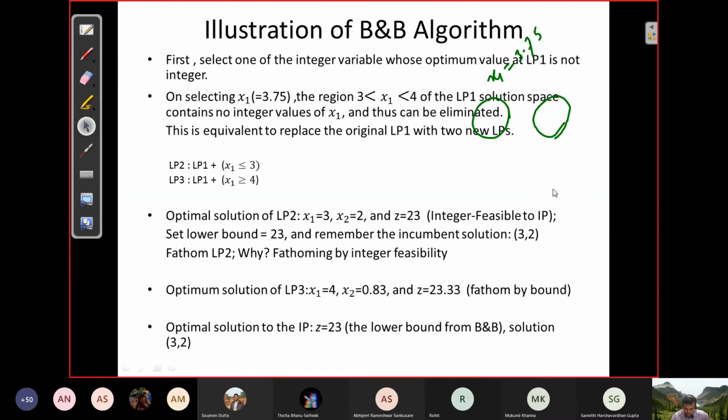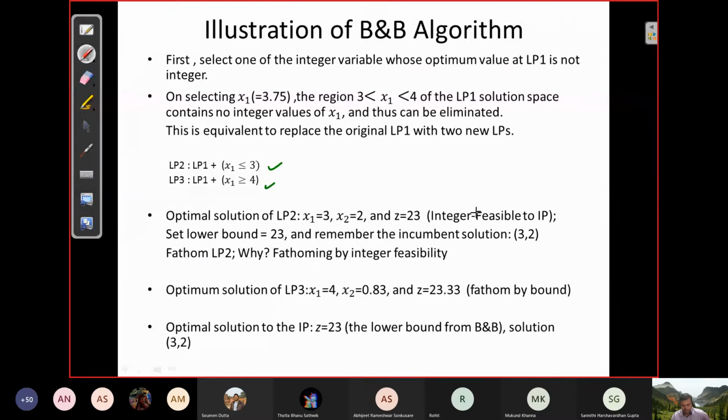So you see here, this is how we define LP2. This is LP1 plus x1 less than or equal to 3, and LP3. So that means all the objective and constraints plus new constraints getting added. Okay. Now when you solve this LP2,